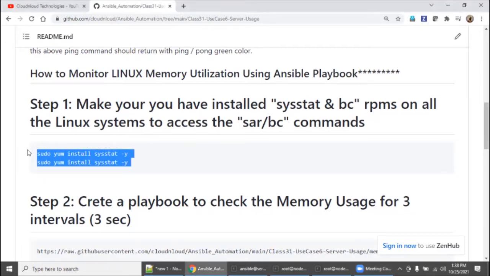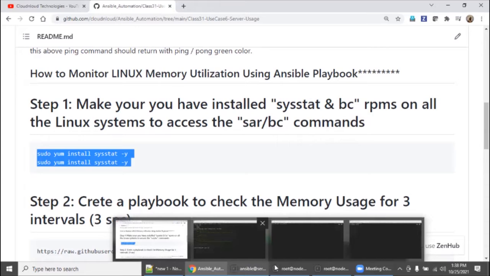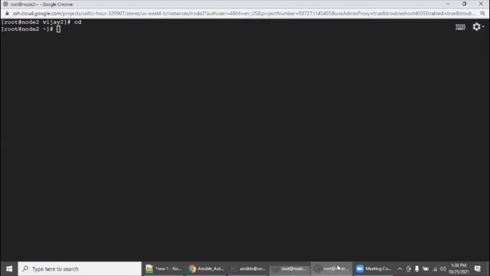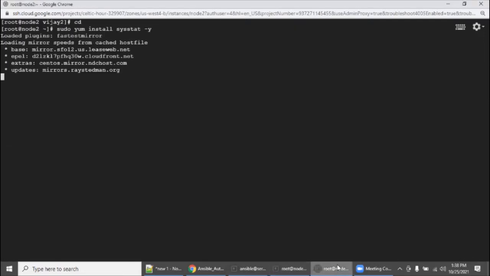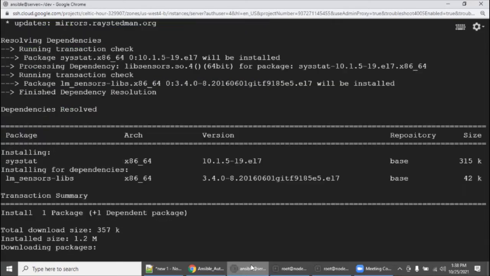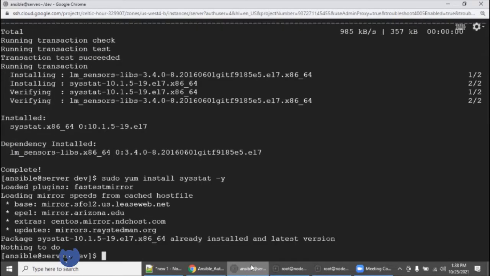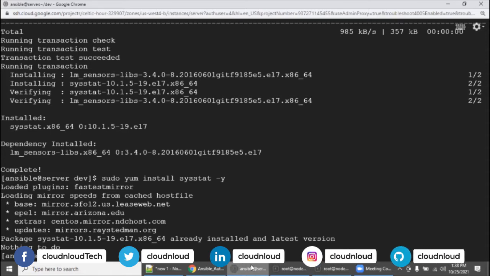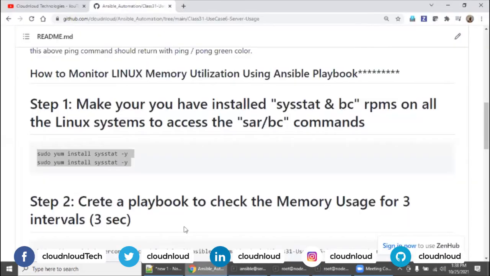Okay, and I'm going to install this, right? So I have my machines, so I can just install this. Even I can install this. Even on the Ansible machine, I would prefer to go with this because sometimes, if you don't have other clients, you can use the Ansible server itself as a client, right?